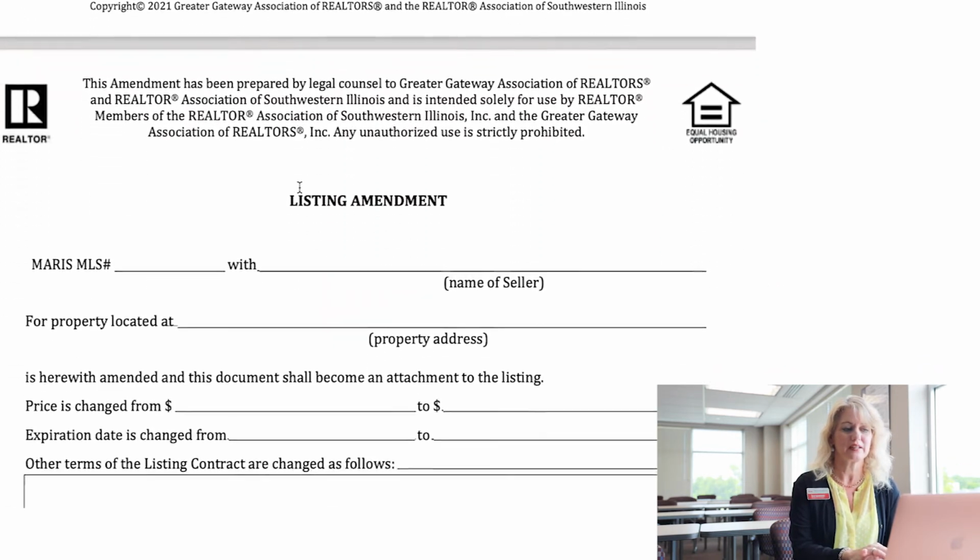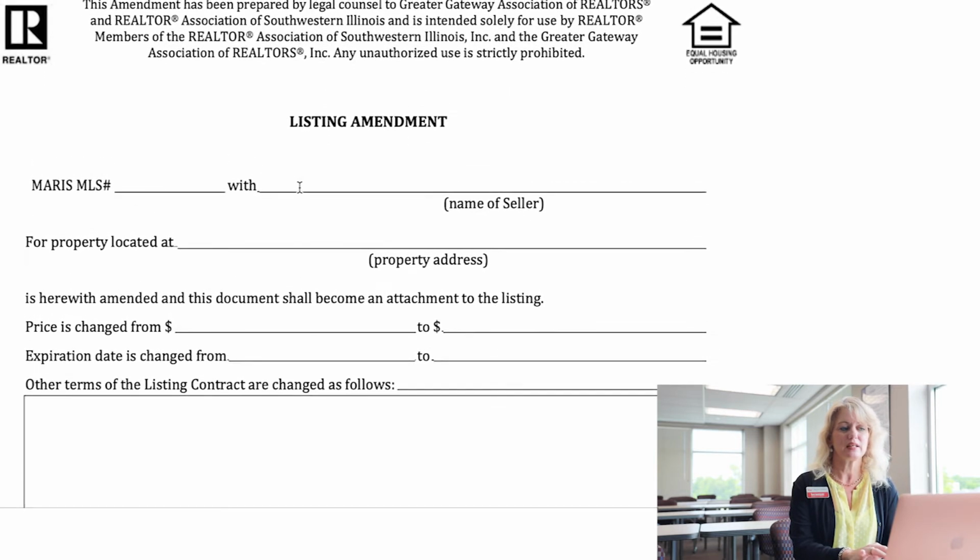Next, we're going to look at the listing amendment. So say you have a listing in place and the seller decides they want to reduce the price by a couple of $1,000s. So say you have it listed at $120,000 and they want to drop it to $118,000. You fill in the MLS number here, you put the name of the seller here, the property address on this line, and then price is changed from say $120,000 to $118,000. The expiration date, we're not messing with that in this example, so you would put N/A,